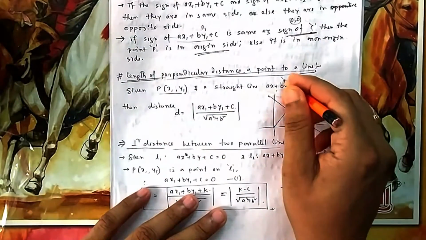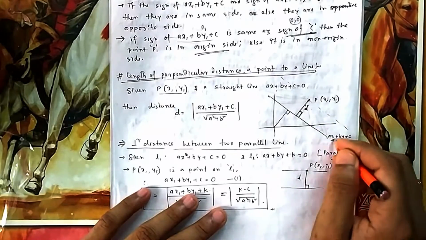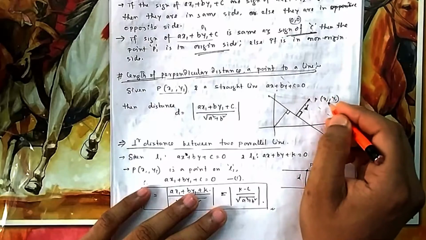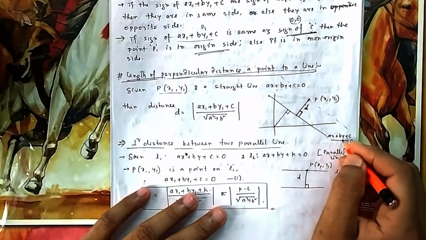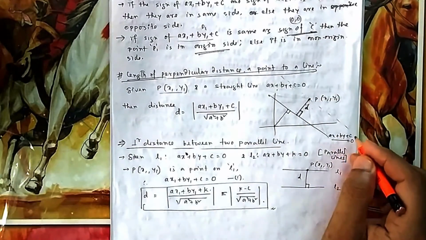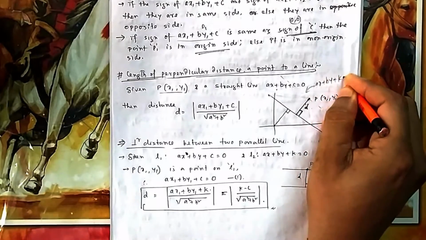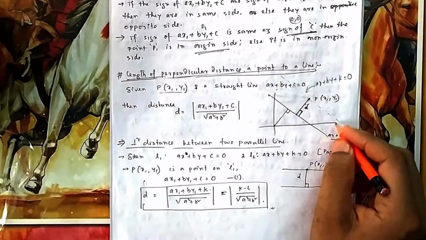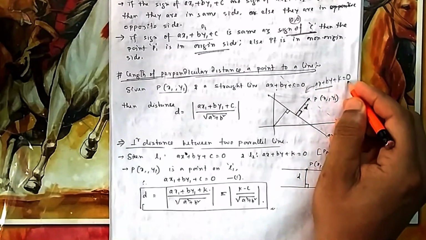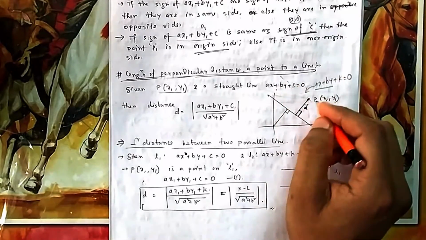You can write an equation of a line which is parallel to this line, that is ax plus by plus some other constant equal to 0. Because that line passes through this point, if you put that point, it should satisfy. So from that condition you can find that constant also. Suppose I write this equation as ax plus by plus k equal to 0, because it is parallel to this. We have seen how to write a parallel of one given line. Coefficients of x and y remain the same, only the constant varies. And you put x1, y1, so you find the value of k. Now you can find the distance.